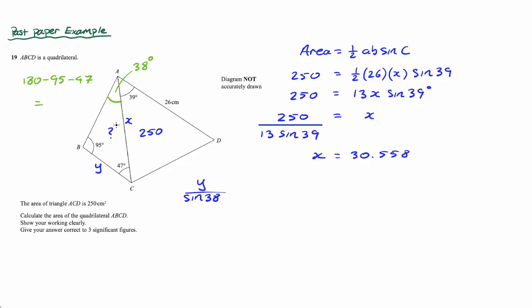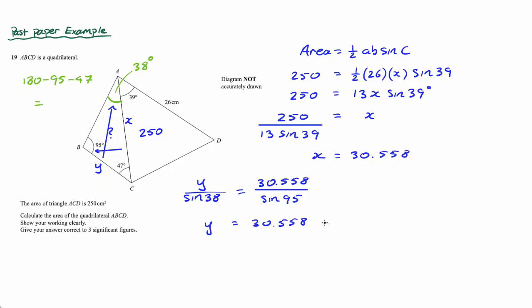Remember, we're doing the opposite angle. So y over sine 38 equals x, which I now know is 30.558, over this one, 95. So it's this side, this angle, opposite angle. So sine 95. So y is equal to